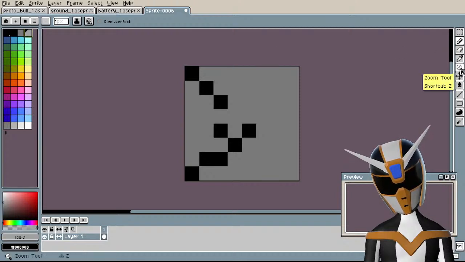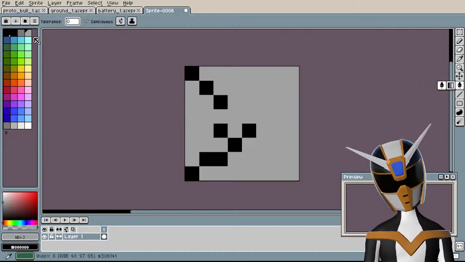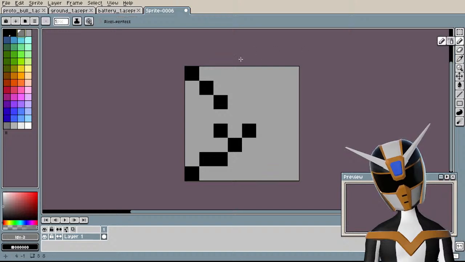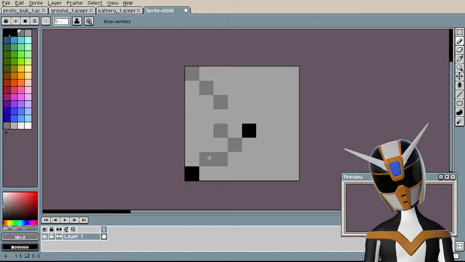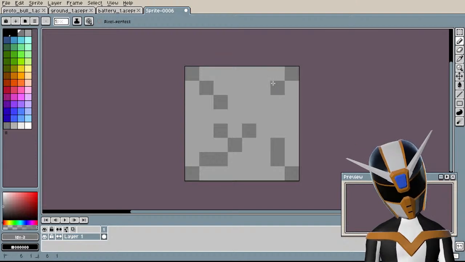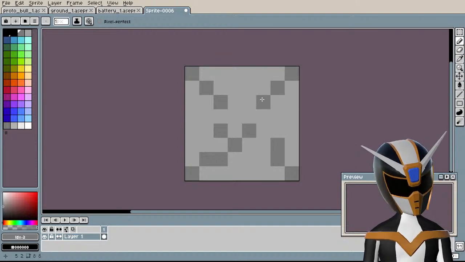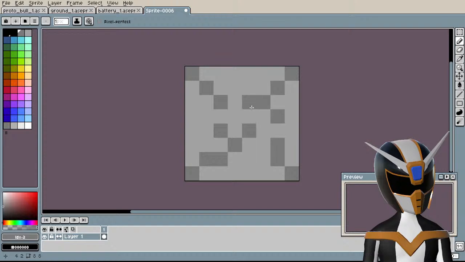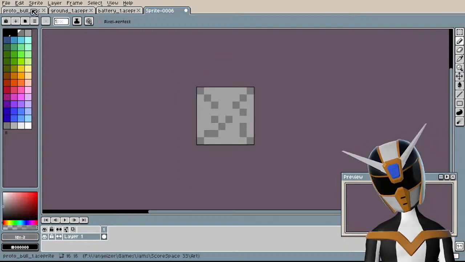Maybe I should do light gray and then dark gray for the cracks. That's good enough for now.